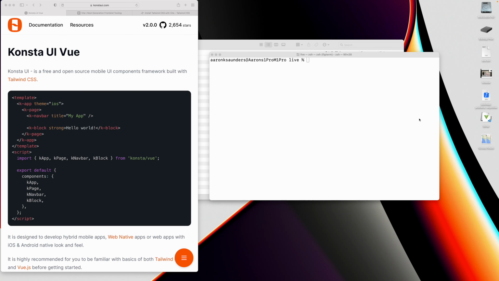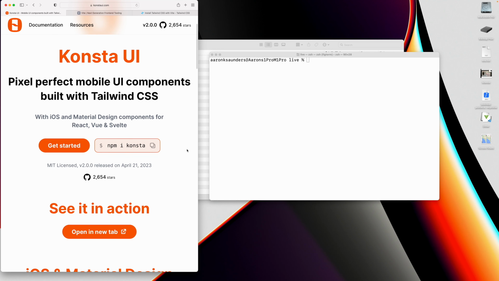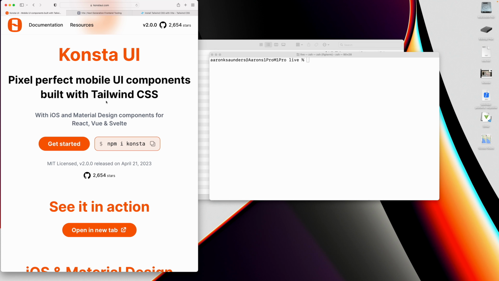This is going to be another video on Konsta UI as an alternative for mobile UI components when building applications with Capacitor. So basically you can take your Vue application, and use Konsta UI to give it nice mobile components. The benefit is that it is also built with Tailwind, so you can incorporate Tailwind with your design. You create your Vue app, you use Ionic Capacitor to package it up, and then you deploy on